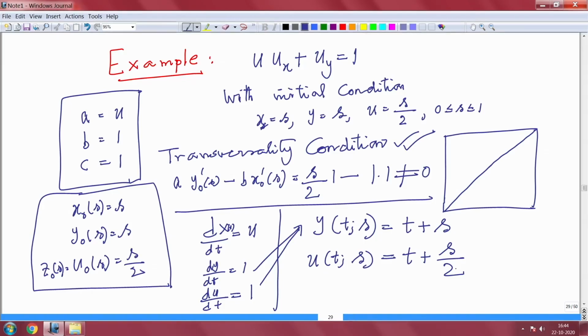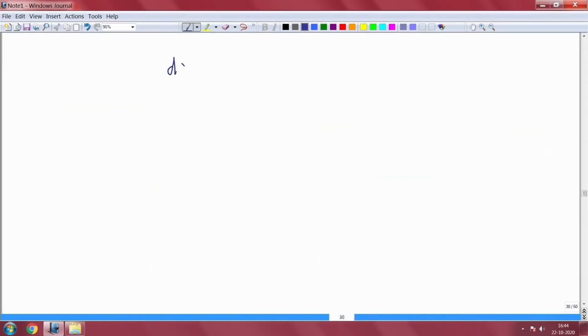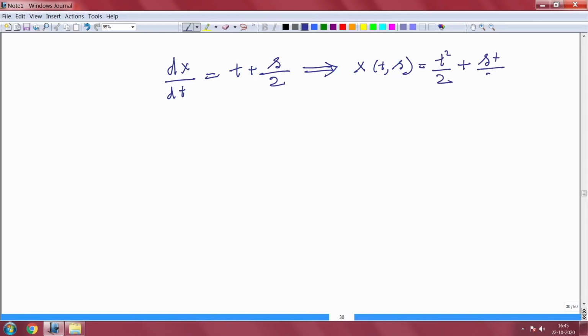So, you have to solve this equation now. So, let us do it. So, you have your dx(t,s) by dt equal to t plus s by 2, that implies x(t,s) is equal to, integrate, that will give you t square by 2, this will give you st by 2, you see. So, you have everything in terms of x(t,s). So, there is an invertibility. So, let me write once more, x(t,s) is equal to t square by 2